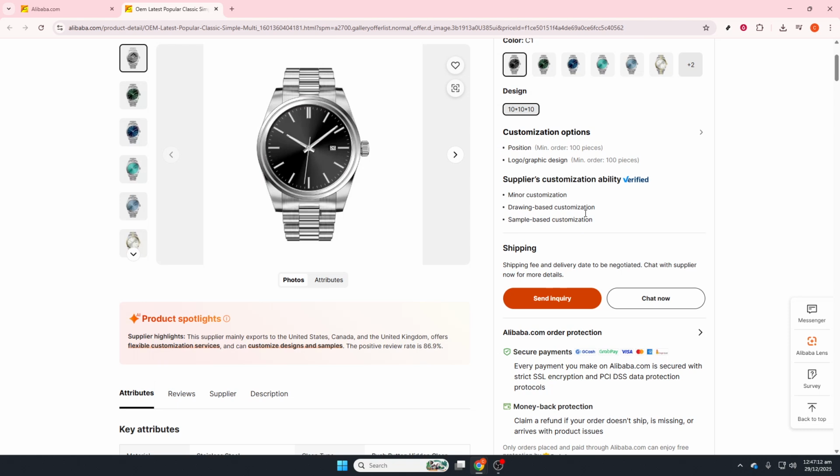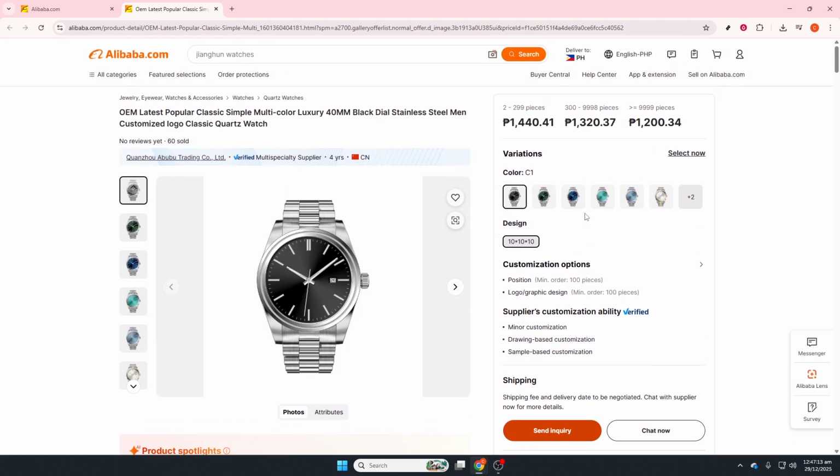After payment, track your order in My Orders, monitor production and shipping status, and save the tracking number once it's available. When the package arrives, inspect it immediately. If something's wrong or damaged, take clear photos or videos and